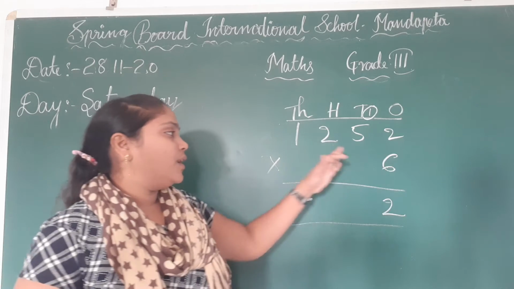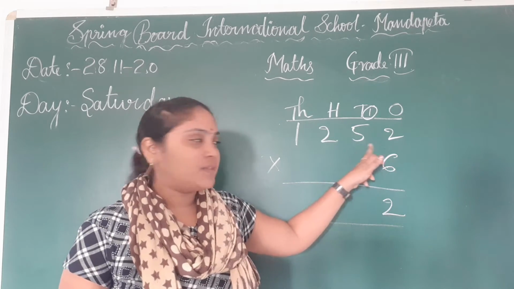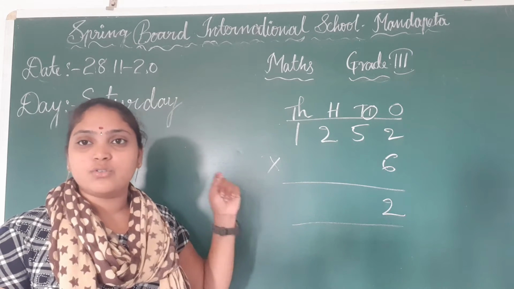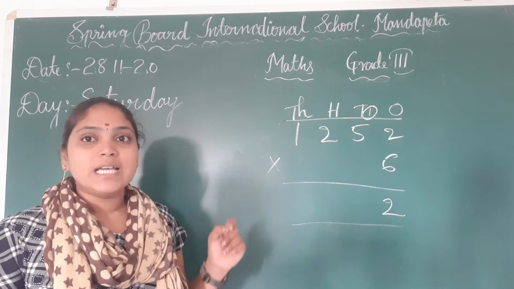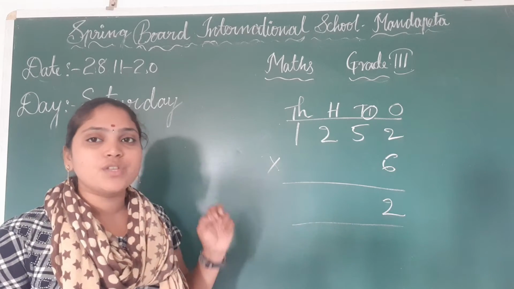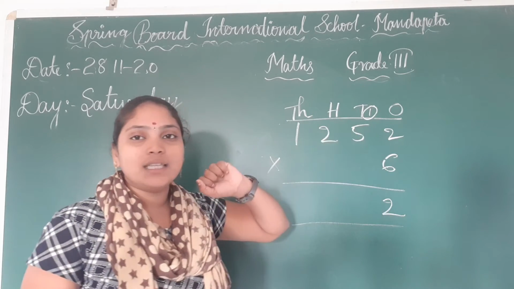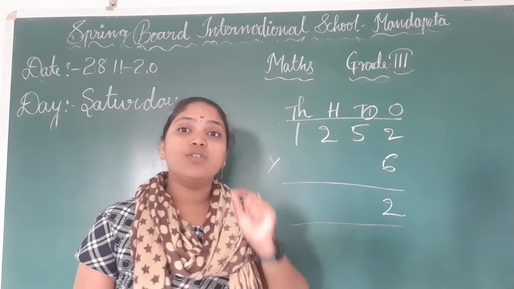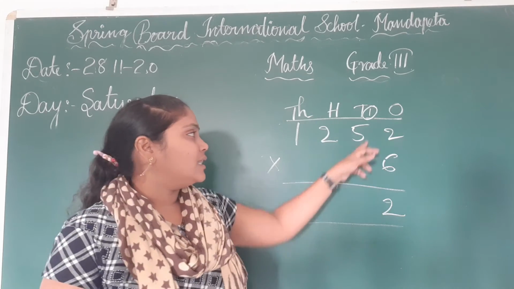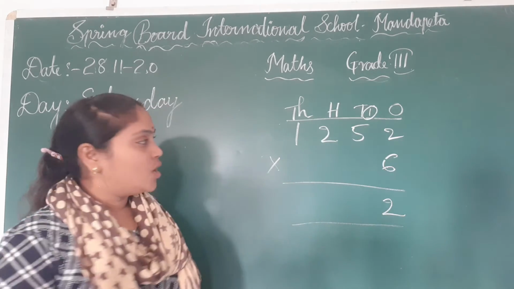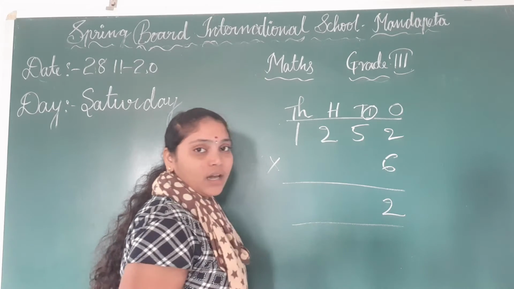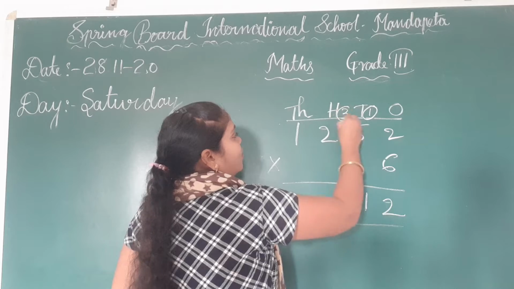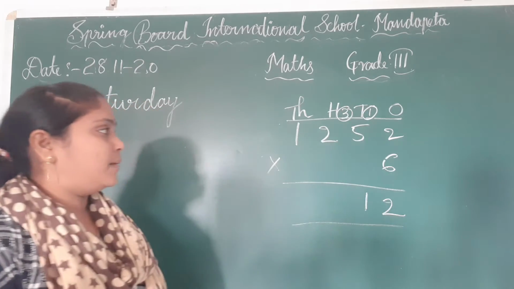Okay, children? Now multiply the tens place of the number. 6 5s are 30. 6 1 is 6, 6 2 is 12, 6 3 is 18, 6 4 is 24 and 6 5 is 30. Now you have to add this one. Here 1 is there, no. You have to add 1 compulsory, children, otherwise your problem will be wrong. 30 plus 1 is 31. So again 31 you have to write here. Regroup the number: 1 here and move 3 to the 100 place.